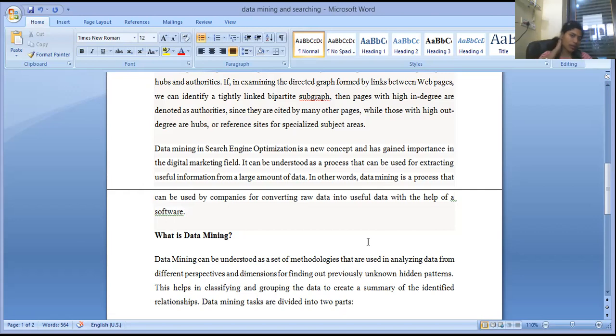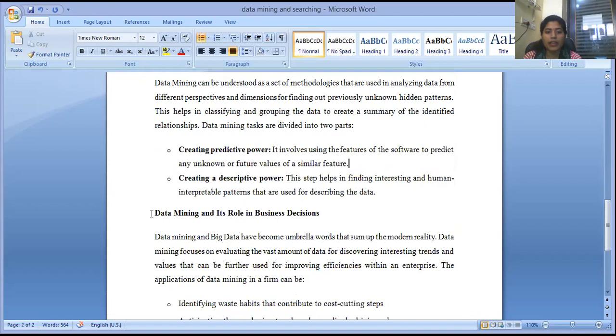It means that suppose you have to create some data files regarding any topic. You get multiple data surrounding you by using the web or WWW, isn't it? So whenever you are searching that data, you get multiple pieces of information, but you are finding only that data which is useful for you regarding the topic which you have searched. So this is basically converting your raw data into useful data with the help of software. Clear?